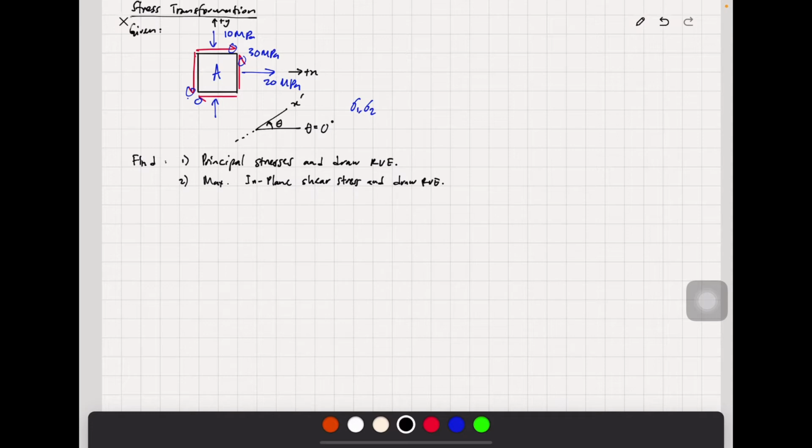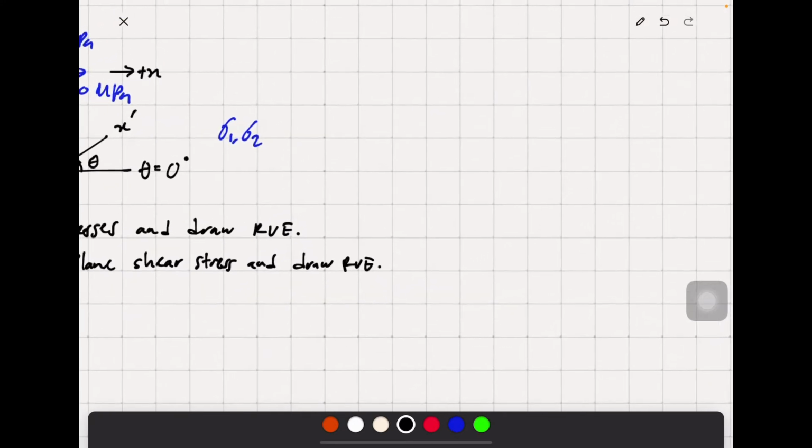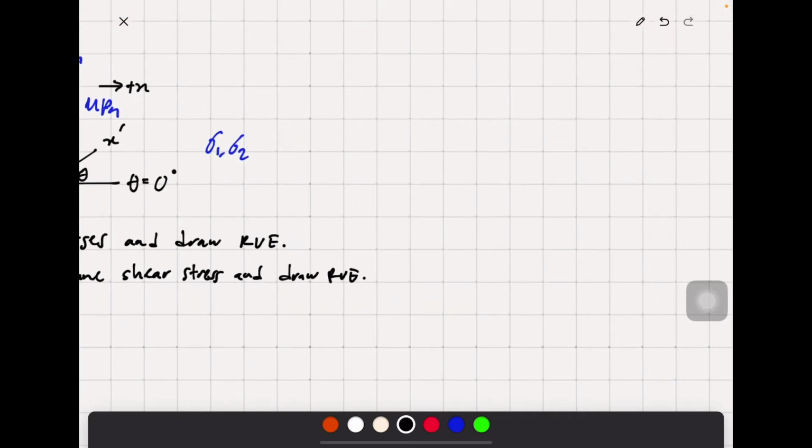Now, we're going to solve this question soon, and I would like to introduce a few equations which we should know, otherwise it is not going to be solved. So this stress transformation equation,